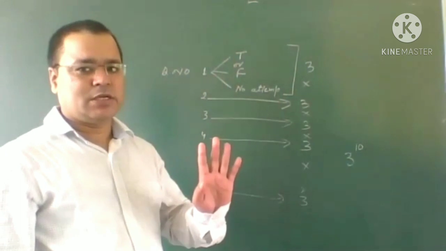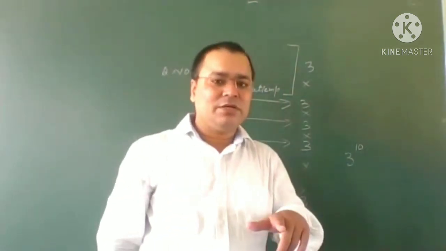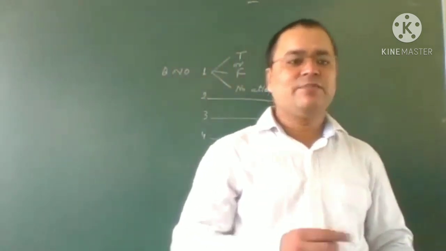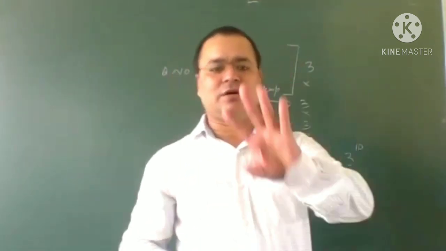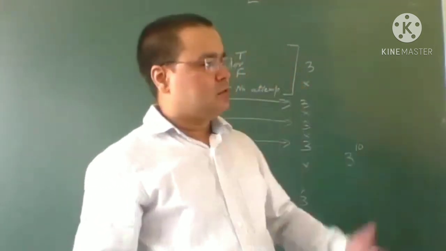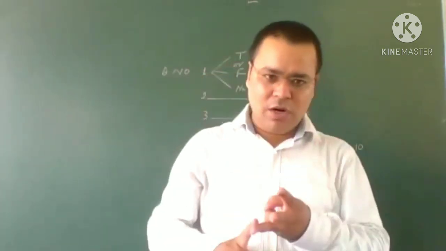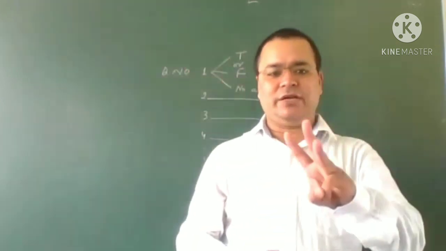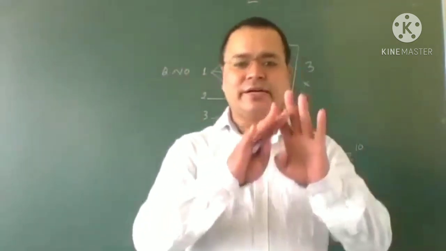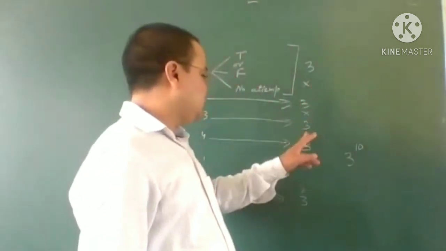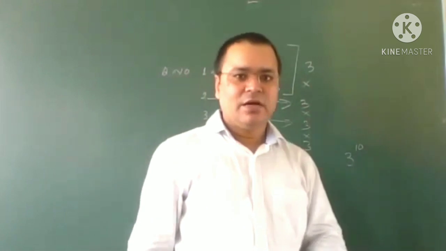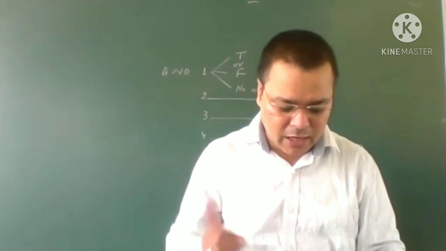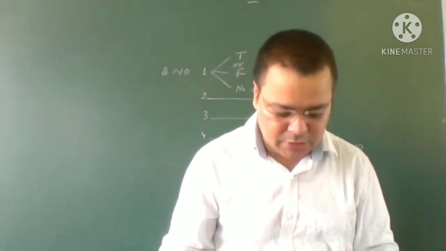Now there should be no confusion. Maybe you have confusion that it is only true or false, but one condition is also included here, that is, I will not attempt the question. This is the third, it means we have three choices. I can give true, I can give false, and I can choose not to attempt the question. So there are three choices for a particular question, and there are 10 questions. Then 3 raised to the power 10. Now, what is the condition? The condition is in how many ways can a student attempt one or more questions?